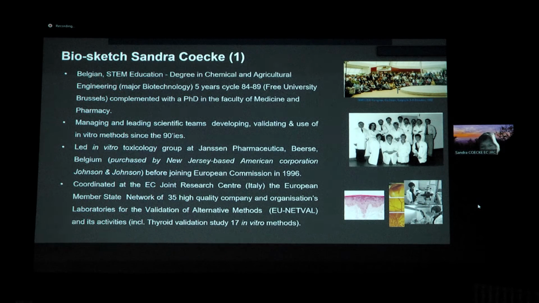That has been a fantastic experience because, as you know, in the pharmaceutical industry, before you put a compound on the market, you need to work according to some high quality standards. These are called good laboratory practice standards, and FDA, EPA, but also OECD use these standards because it facilitates general data sharing globally.